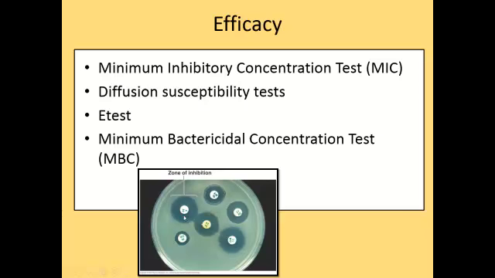Now we call this the zone of inhibition, and we measure this taking the diameter through the center of the disc. Now you'll notice this one has a smaller zone of inhibition than this one has. These two are kind of running into each other. So you would think that this would have a higher MIC than this one. Well, you have to take into consideration the size of the antimicrobial and its charge, which determines its ability to